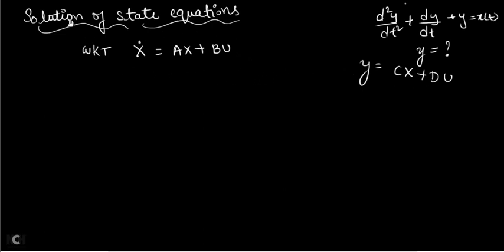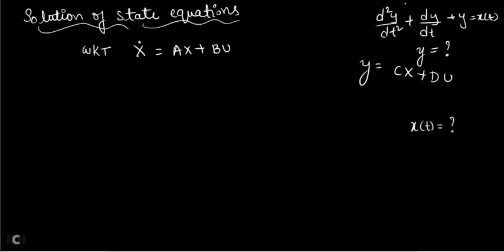So right now let us find the solution of a state equation only. That means this is a differential equation, no? Because x dot is present, it is a differential equation. For this differential equation, you need to find the solution. That means what you need to find at the end is x, you need to solve it for x of t.